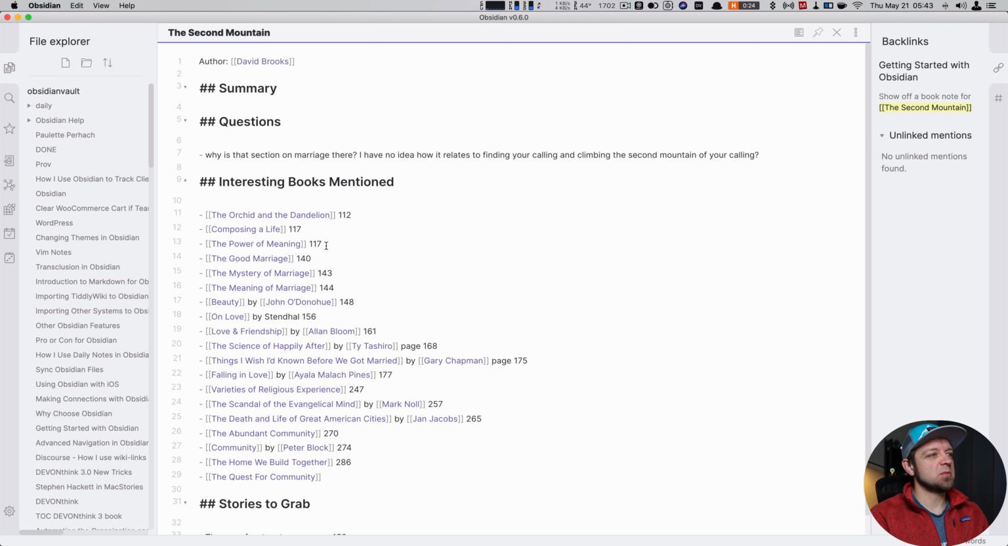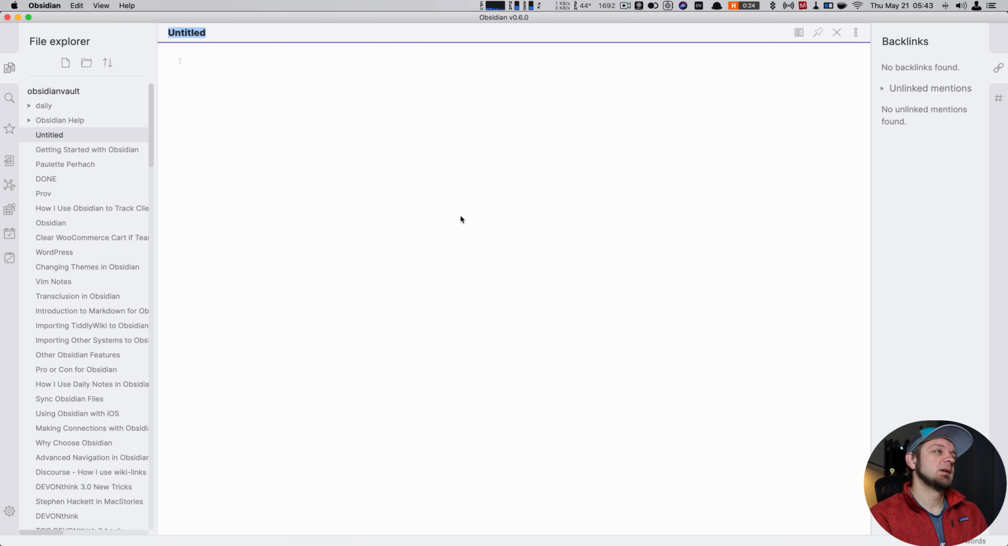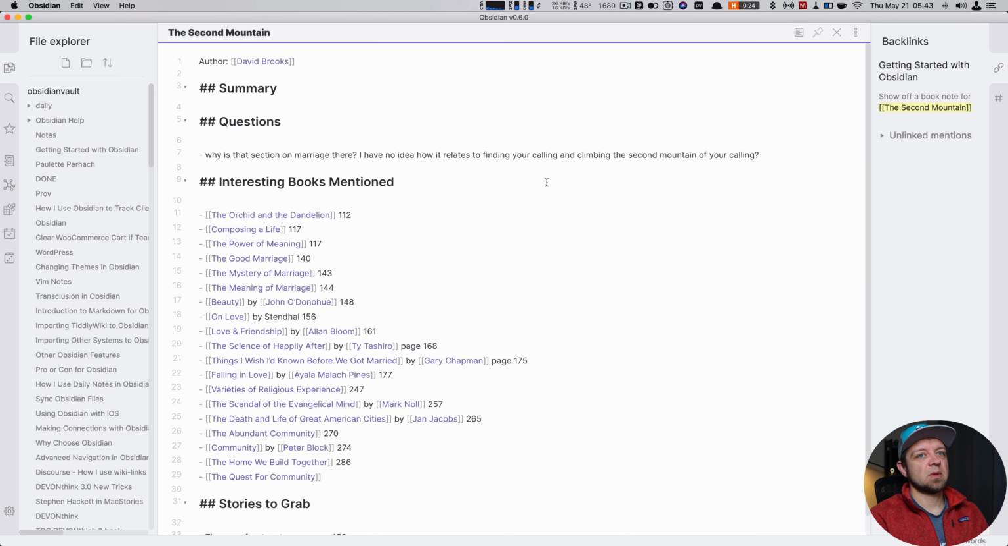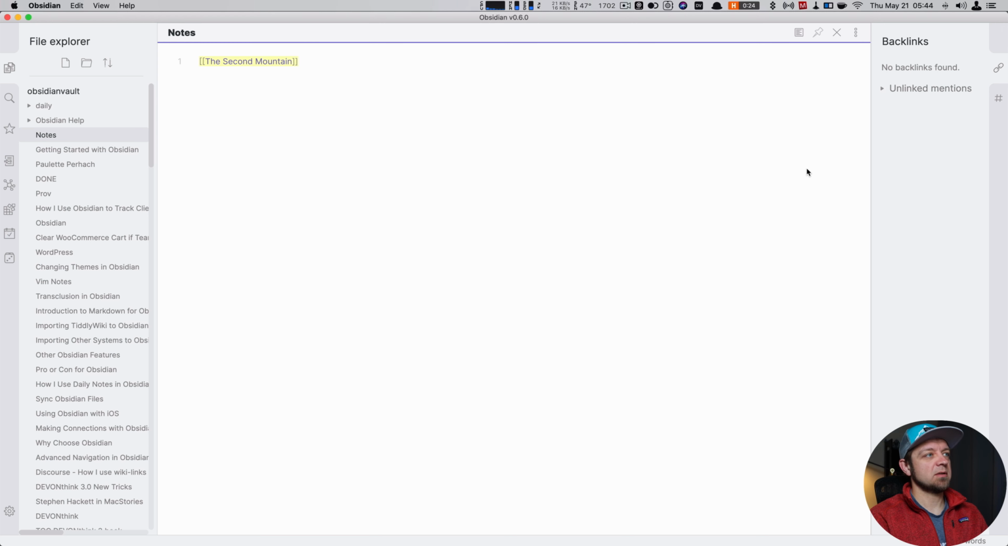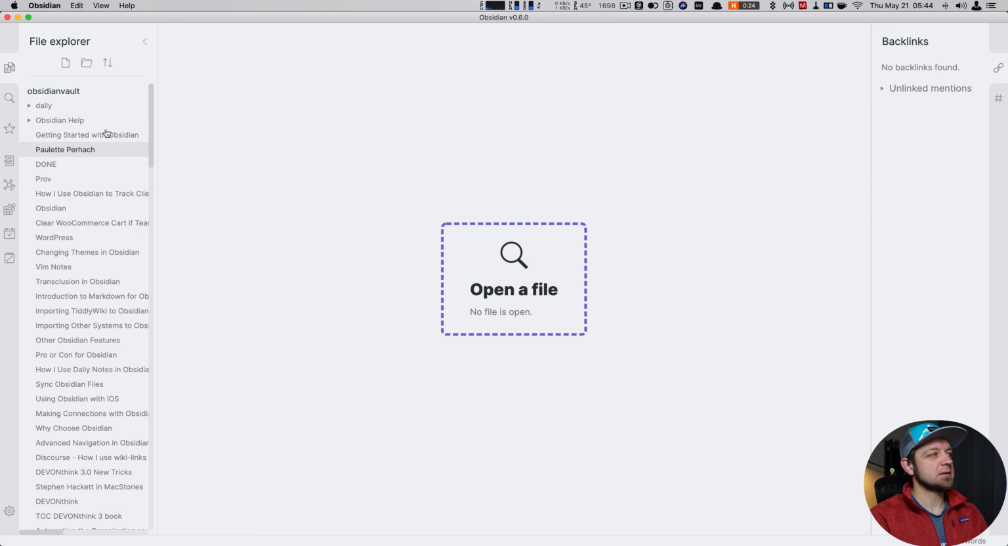An unlinked mention would be, say we have double brackets here. These are called wiki links. And if I said The Second Mountain but didn't link it, now we should have an unlinked mention showing up here. I can even hit click and link, and I have The Second Mountain. So you can see it is now linked. I don't actually want that note. Delete. So this can help you find